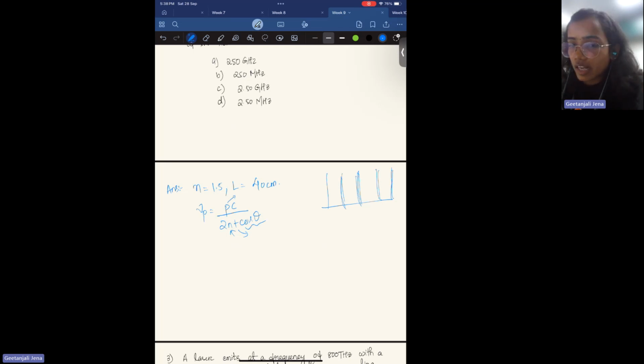If we take the tilt angle as 0, that means nu_P is equal to P c by 2nt. So that means the free spectral range should be nu_(P+1) minus nu_P, which is given by